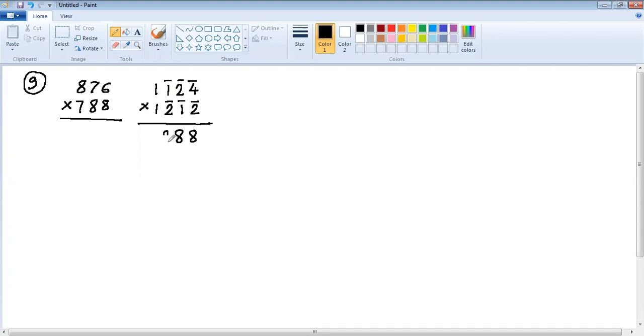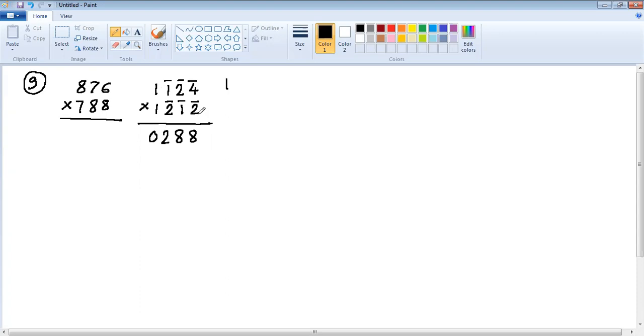So 2 carry 1. Minus minus is plus. So it's 2 plus 8, 10 plus 2, 12. 2 carry. Now main step, minus 2 minus 4 is minus 6. This is 1 plus 4 is 5. Minus 6 plus 5 is minus 1. And then you have got this plus 1, so it becomes 0.